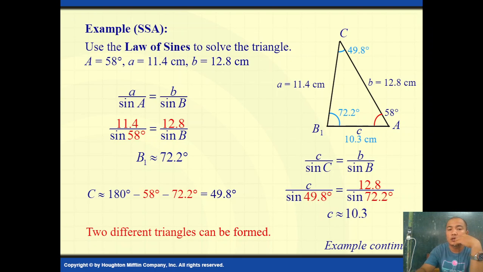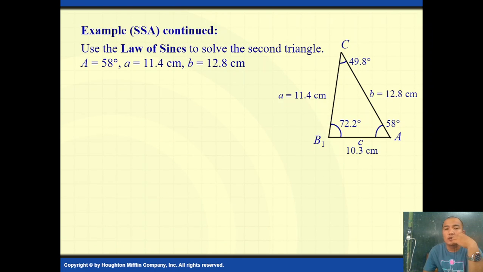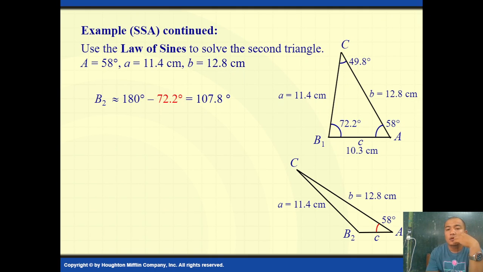Okay, so continuation. There are two cases for this. This is what we call the ambiguous case. If this is 11.4 cm, it can be an obtuse triangle. So B sub 2 is unknown. Side A is 11.4, side B is 12.8. Angle A is